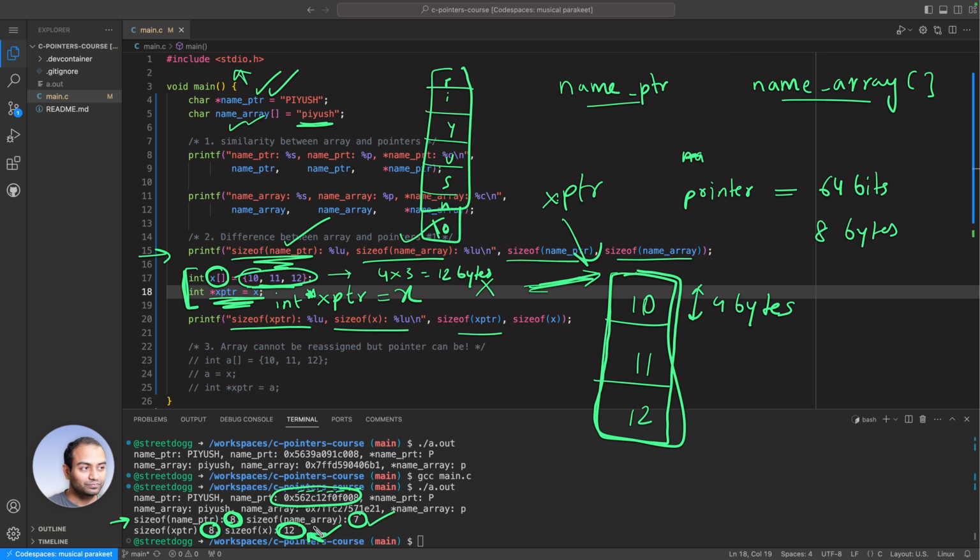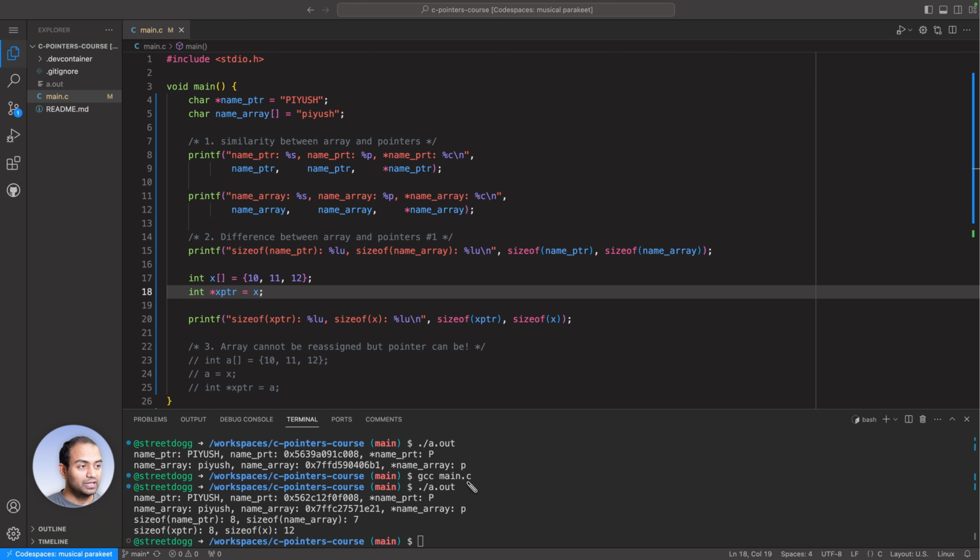That's all. Behind the scenes though, both are treated like addresses, except when you ask for size, the compiler understands that in case of an array, I must return the size of all the elements together in the memory. Whereas in case of a pointer, it's just the address, how many bytes will the address take to store. All right, so with that,